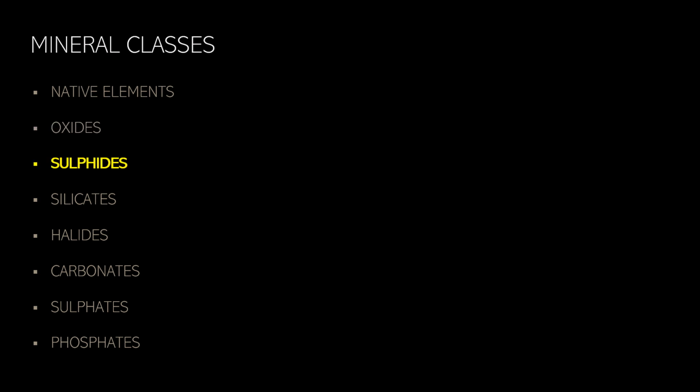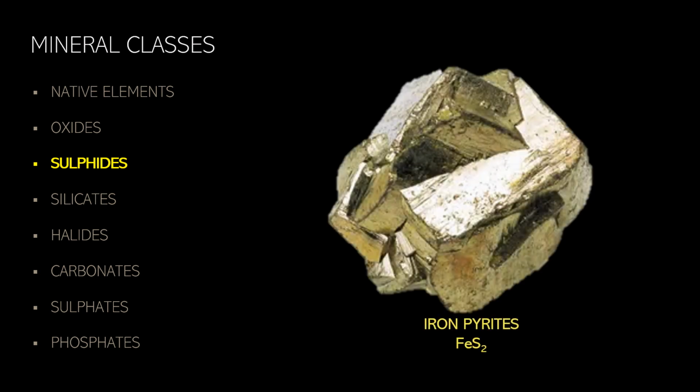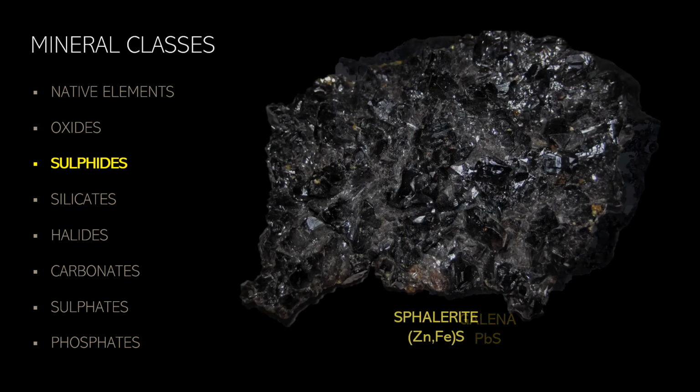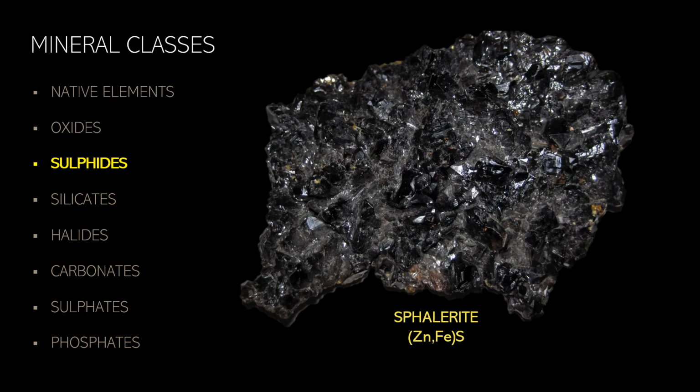Sulfide minerals are a group that contain sulfur, combined with one or more metals, such as iron, copper, or zinc. They are often economically important as ores of metals and are commonly found in hydrothermal deposits. Examples include iron pyrite, FeS2, the well-known fool's gold, and galena, PbS, which is an ore of lead. Another is sphalerite, which is an ore of zinc. The name comes from the Greek sphaleros, meaning treacherous, in reference to how easy it is to mistake the darker